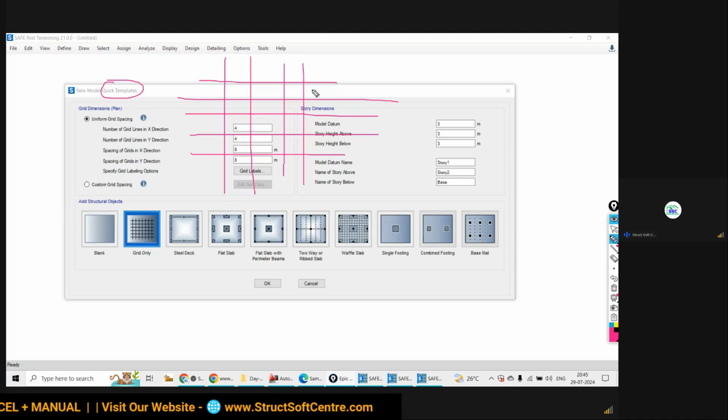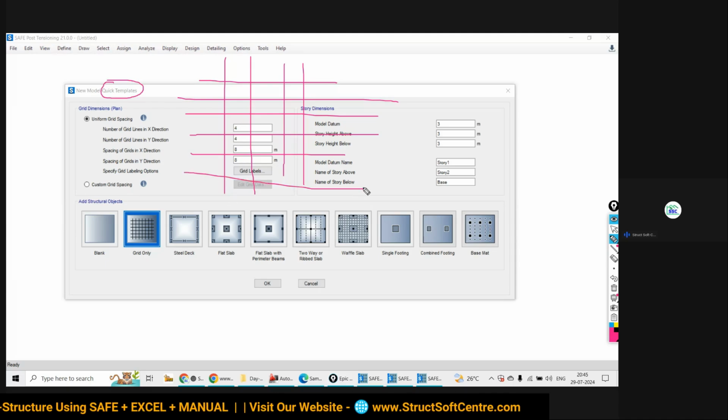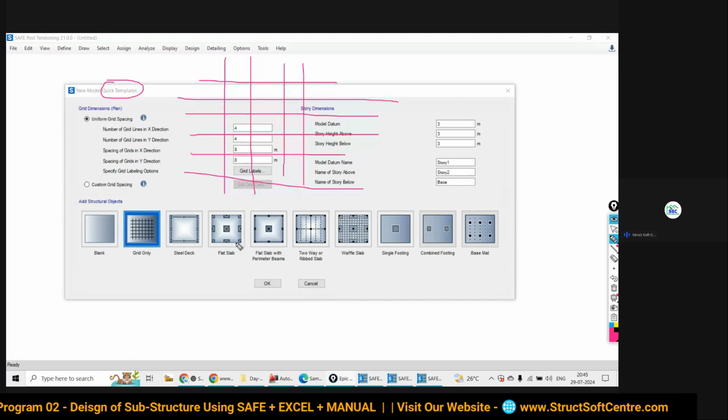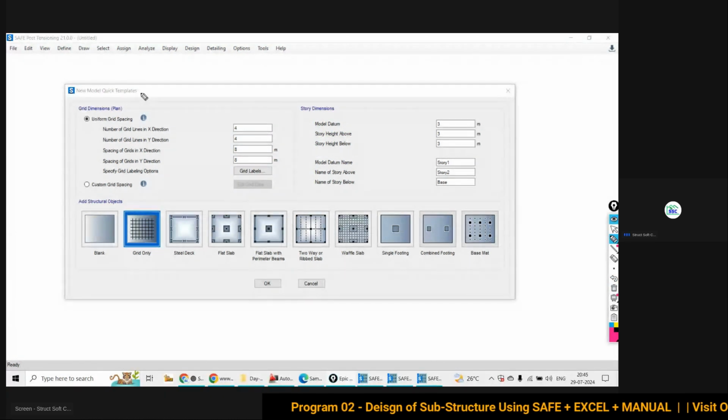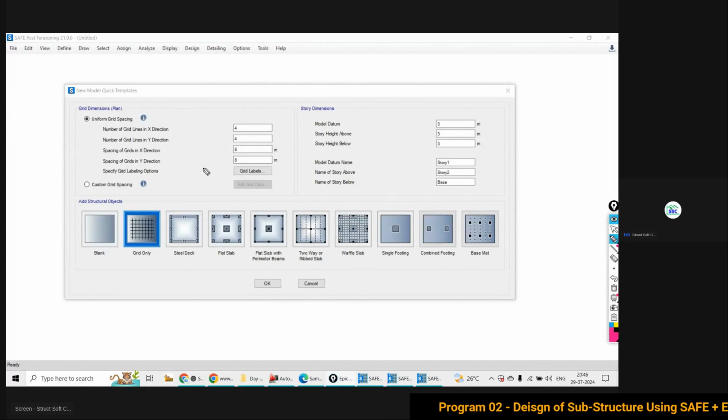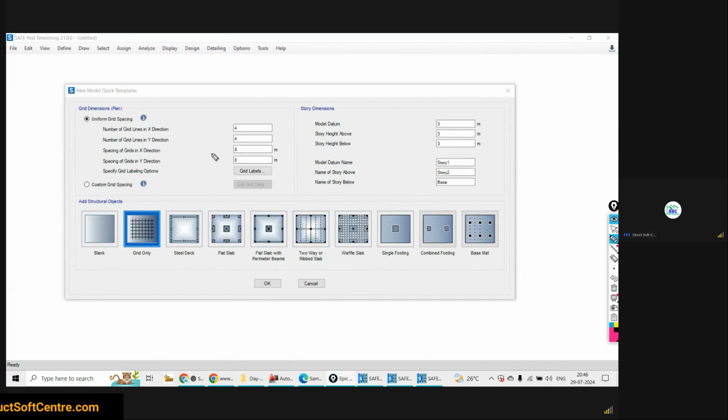So in CAD you can draw the grid lines and import them here. But if it is directly available in the SAFE software, why are we looking for that? If you would like to directly import the layout from CAD to SAFE, that will be advantageous, that I will explain.